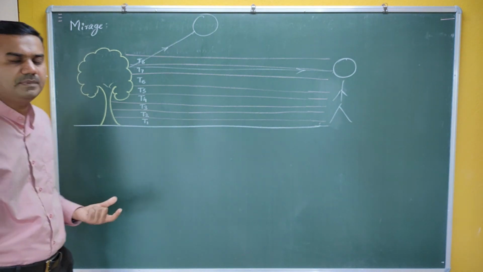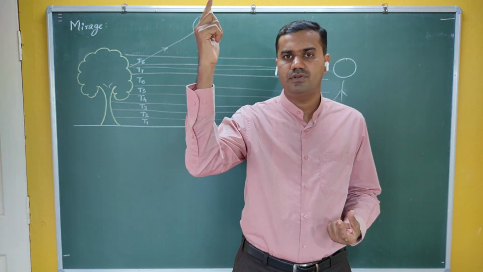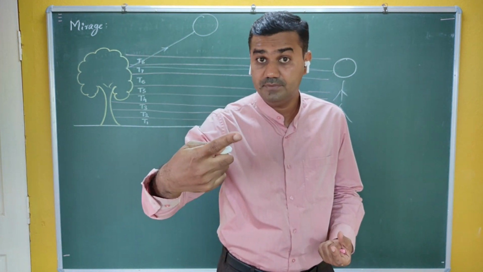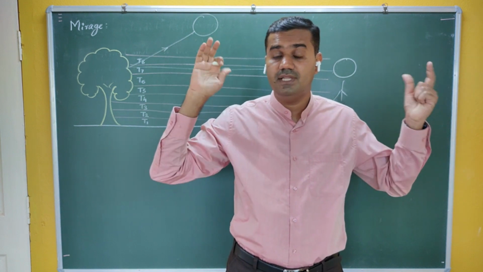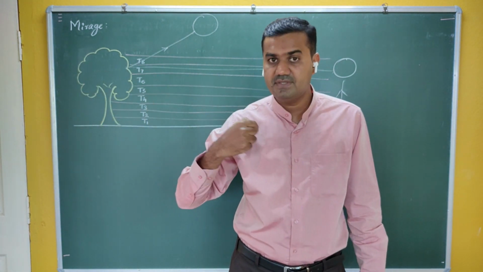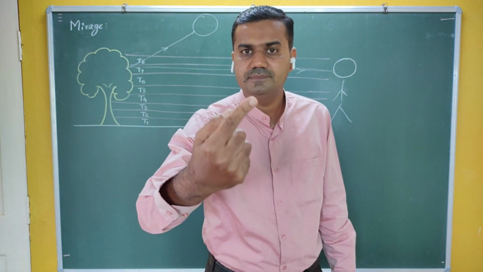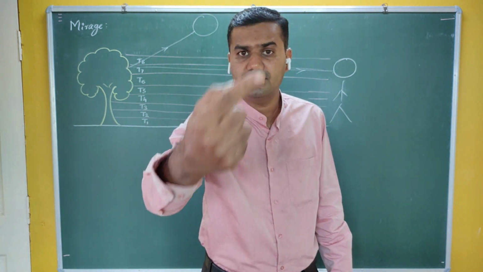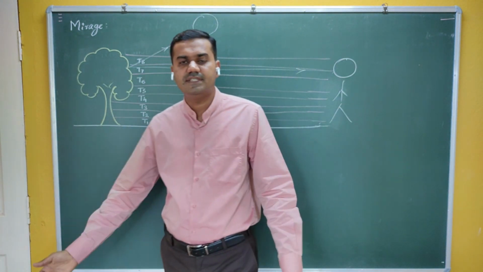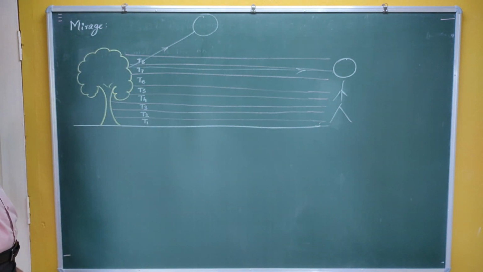So how can the person see the object? It is due to the reflection of direct rays. Light falls on the object and gets reflected. If it got transmitted, definitely the object would disappear. So why is the object visible? Very simple. Light falls on the object, it gets reflected, and it falls on the observer's eye, on the retina, and he can see the object. But in case of